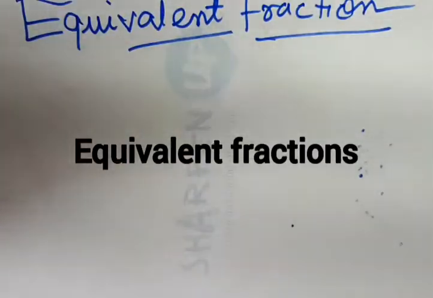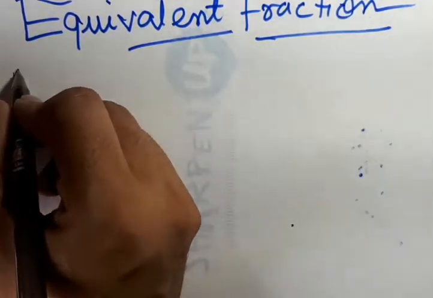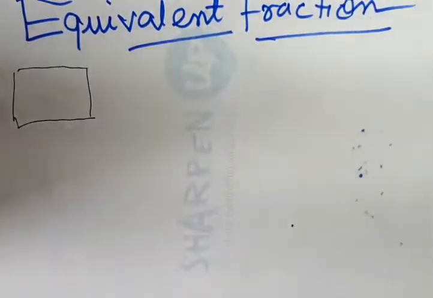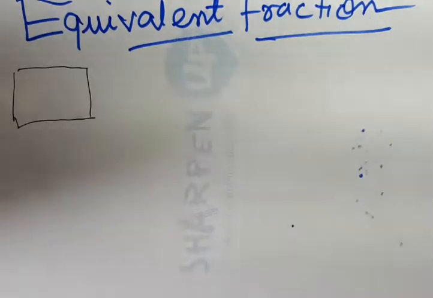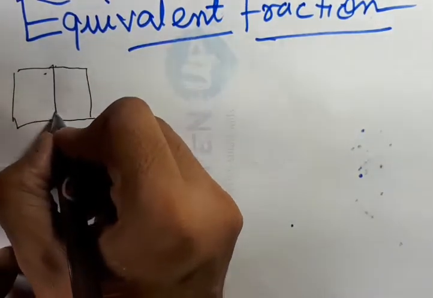Now we will learn equivalent fractions. What is an equivalent fraction? For this, let's take an example. Suppose I have a burfi here. This is my burfi. You can assume as per your taste, if you want malai burfi or kaju burfi or simple mawa burfi. This is my burfi, and I was about to eat it, and suddenly my friend came. So what I did, obviously I have to make equal parts of it, then we will eat it. So I made equal parts of it.